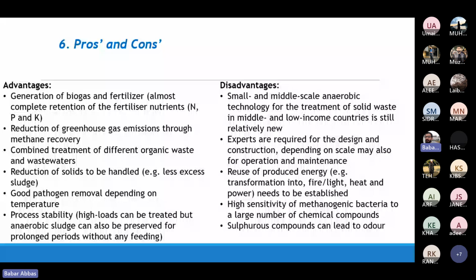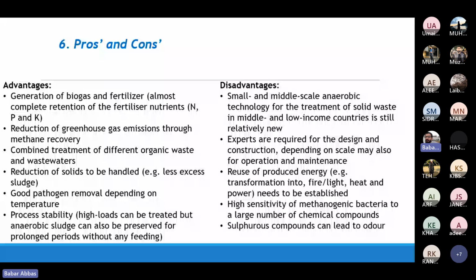अच्छा, हमारे पास बिल्कुल ही पायलट स्केल या बेंच स्केल रिएक्टर्स हैं। स्मॉल स्केल या मिडिल स्केल एनारोबिक टेक्नोलॉजी अभी हम डेवलप नहीं कर सके। लाइक थोड़ा सा बड़ा बायोगैस प्लांट हम सक्सेसफुली नहीं चला सके। Experts are required for the design and construction depending on scale, may also for operation and maintenance. तो ऑपरेशन, मेंटेनेंस, डिजाइनिंग, कंस्ट्रक्शन, इन सारी चीजों के लिए एक्सपर्ट्स चाहिए आपको।